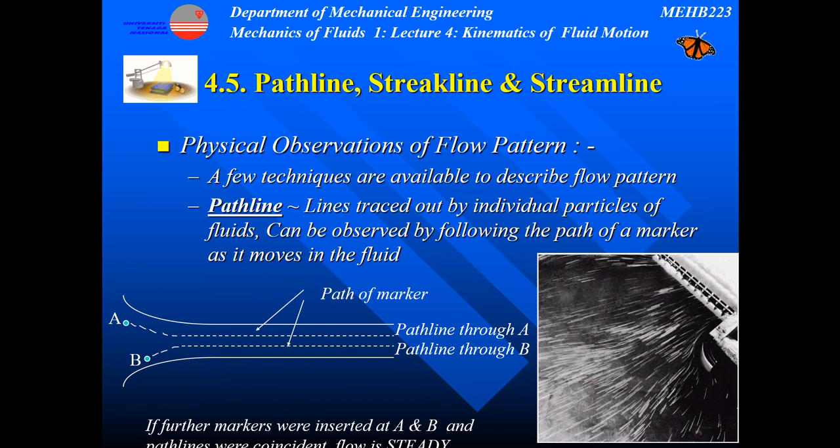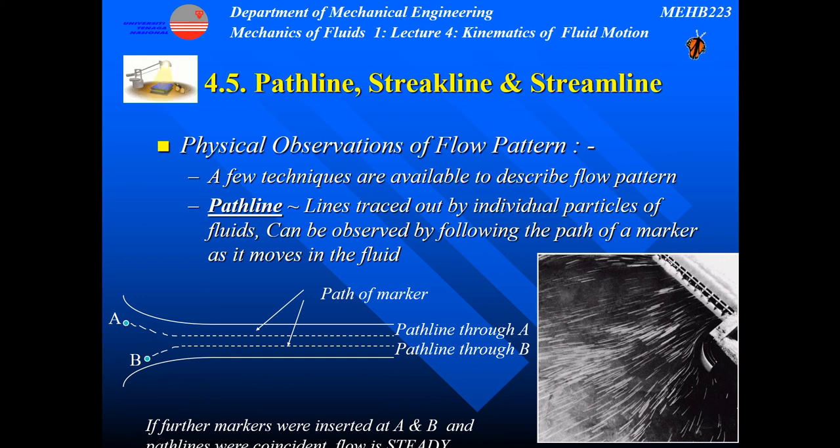Next are the terms that we normally use when you describe the flow pattern. These two are normally used in experiments, while this one is more on the analysis: pathline, streakline, and streamline. Pathlines are lines traced out by individual particles of fluid. They can be observed by following the path of a marker as it moves in the fluid. This is basically the Lagrangian approach, where you put a marker or dye or ink